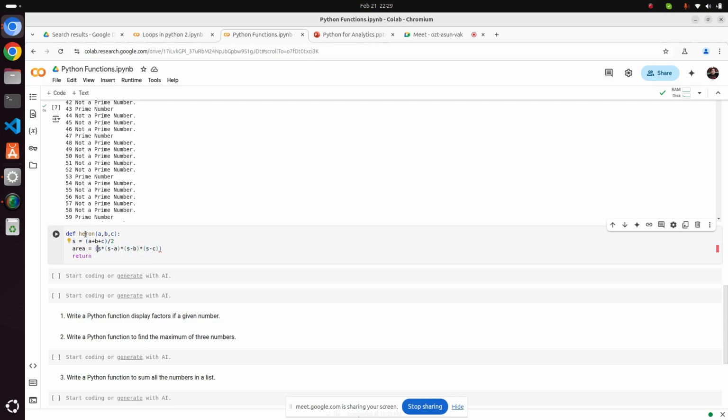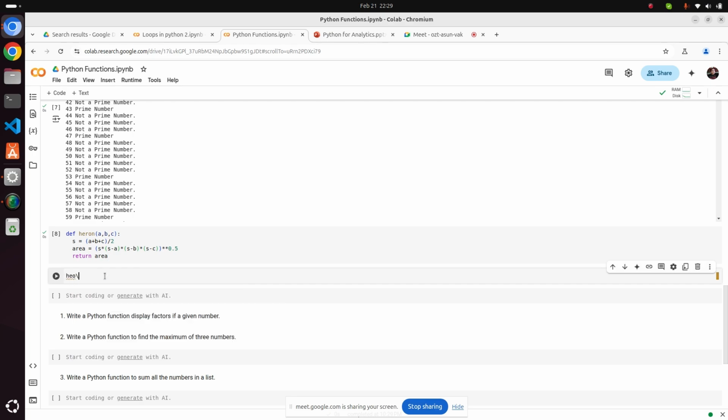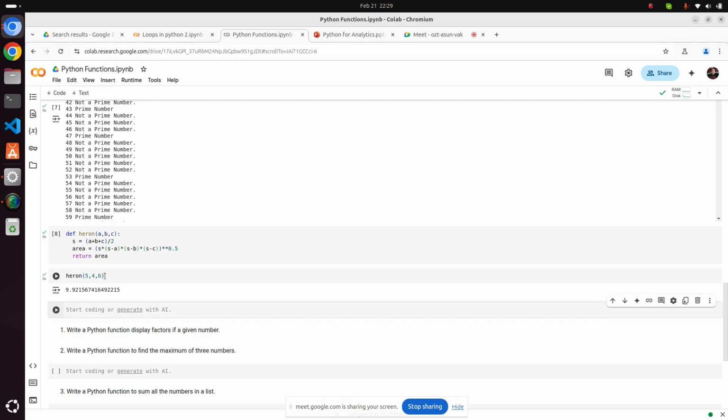You can also use the math module; I am using ** 0.5. Let's see what output is coming. Return area, it will return the area. Now if I call heron and type 5, 4, 6, anything I can type, and I will get the